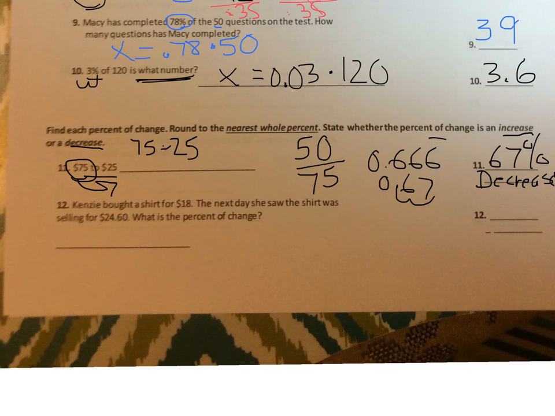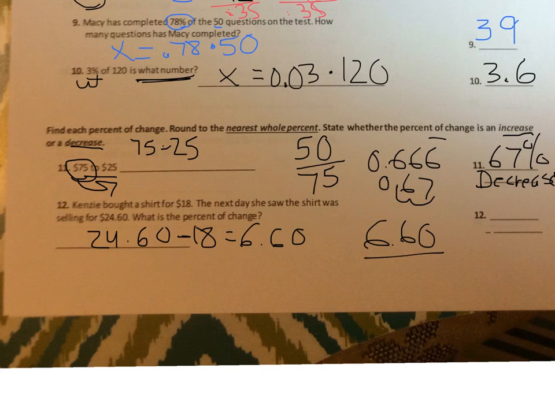Number 12, Kenzie bought a shirt for $18. The next day she saw the shirt was selling for $24.60. What is the percent of change? Well, first thing I do is find the amount of change. $24.60 minus 18. And I'll do that in my calculator. $24.60 minus 18 is $6.60. Well, that's the top number of my fraction, divided by my original number of $18, and I get the decimal